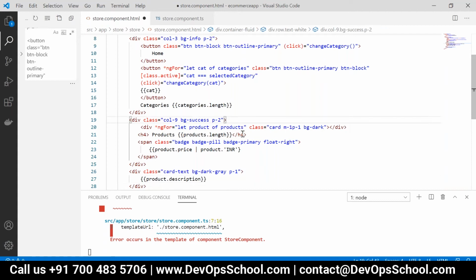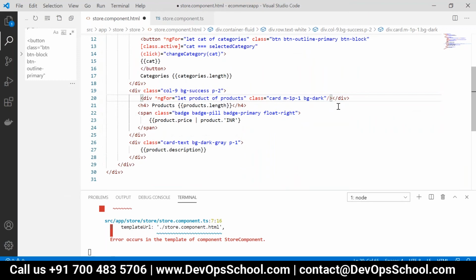Which one, this one? The line number 20 div. Line number 20 div, okay. So that div should be closed in the end. Okay, this should get closed at the end, after the description div.